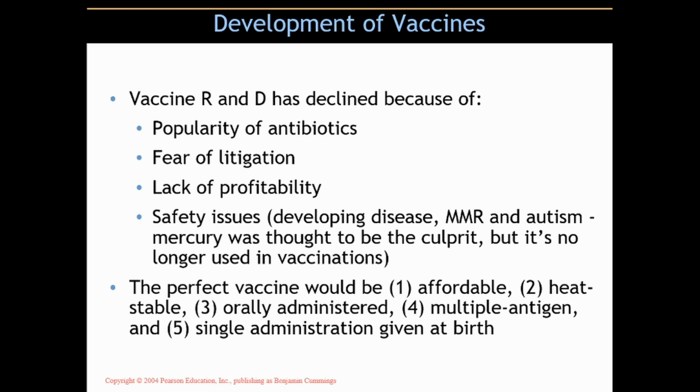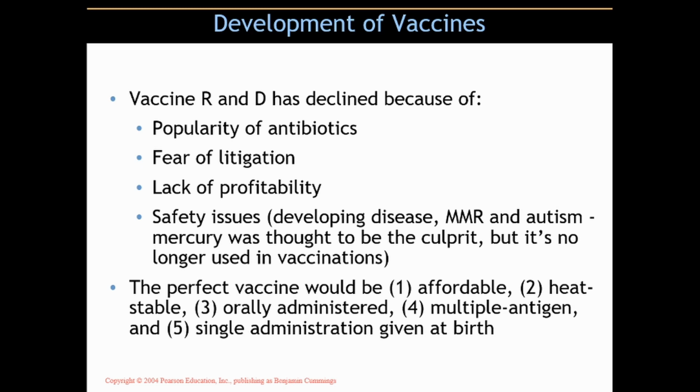So what are we looking at with the perfect vaccine? One that would be affordable, and it is. The measles vaccination right now is being delivered to people in Africa for less than $1. It's around 70 cents a dose. So it's very affordable. We need one that's heat stable, that doesn't need to be refrigerated,